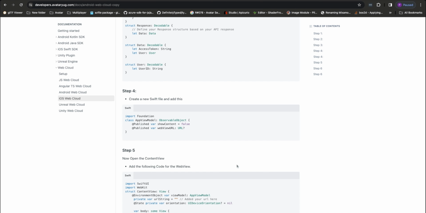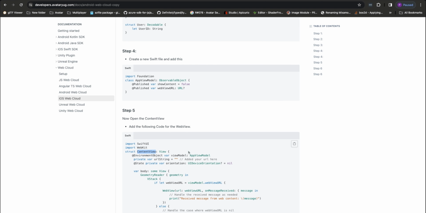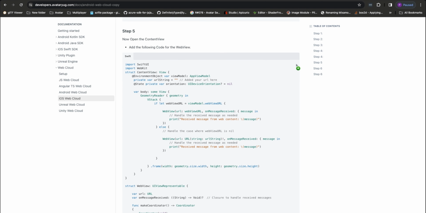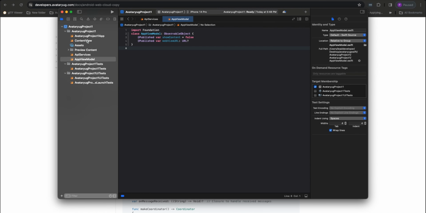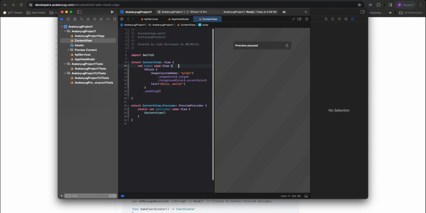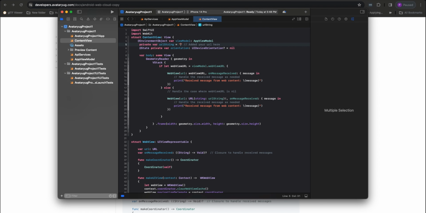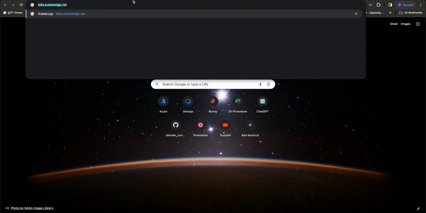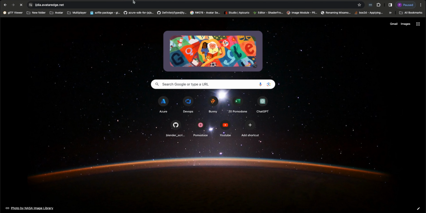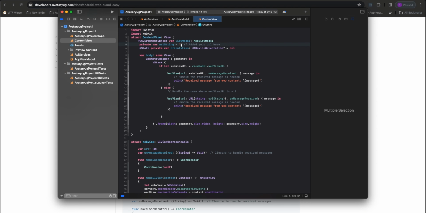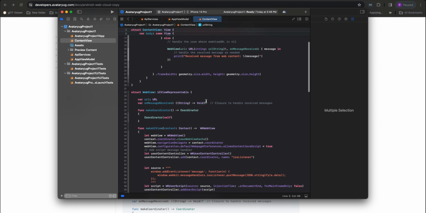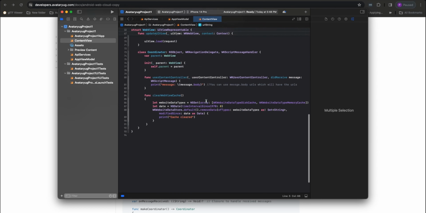The next is we have to now open the content view. So copy this code and go to the content view, you can see over here, and paste it over here. So we have to add a URL over here. I'll put the link in the description for which URL you have to add over here. So add this URL over here and the rest is okay.